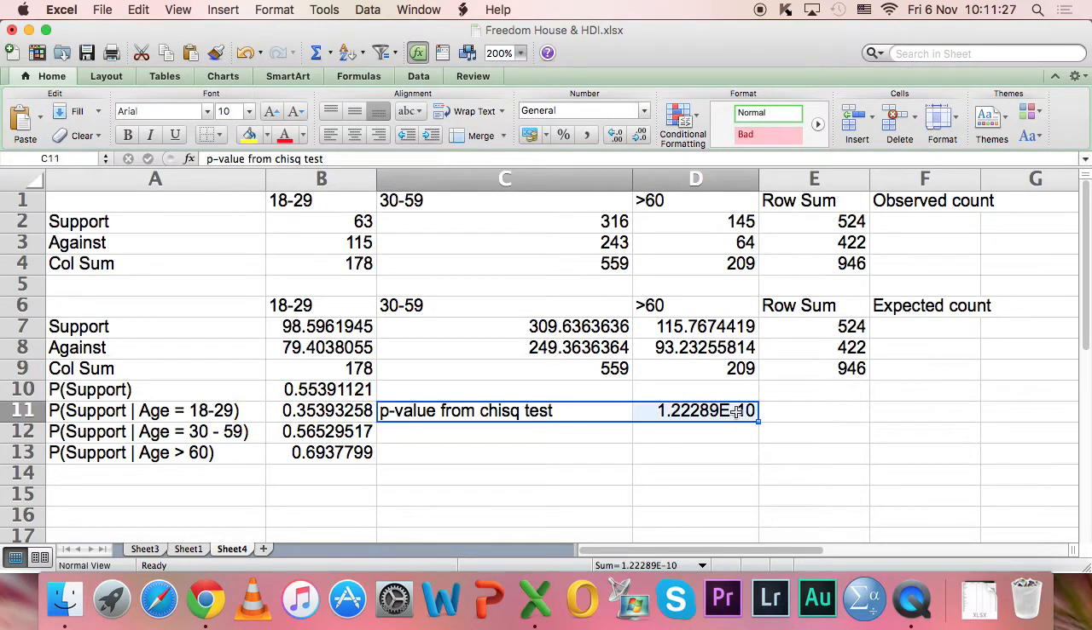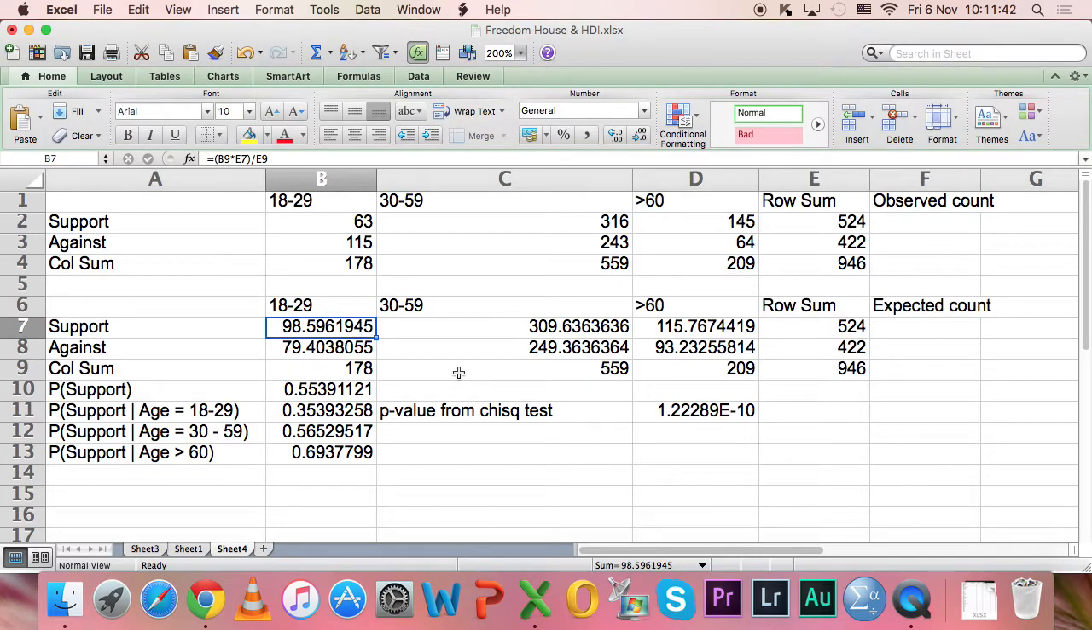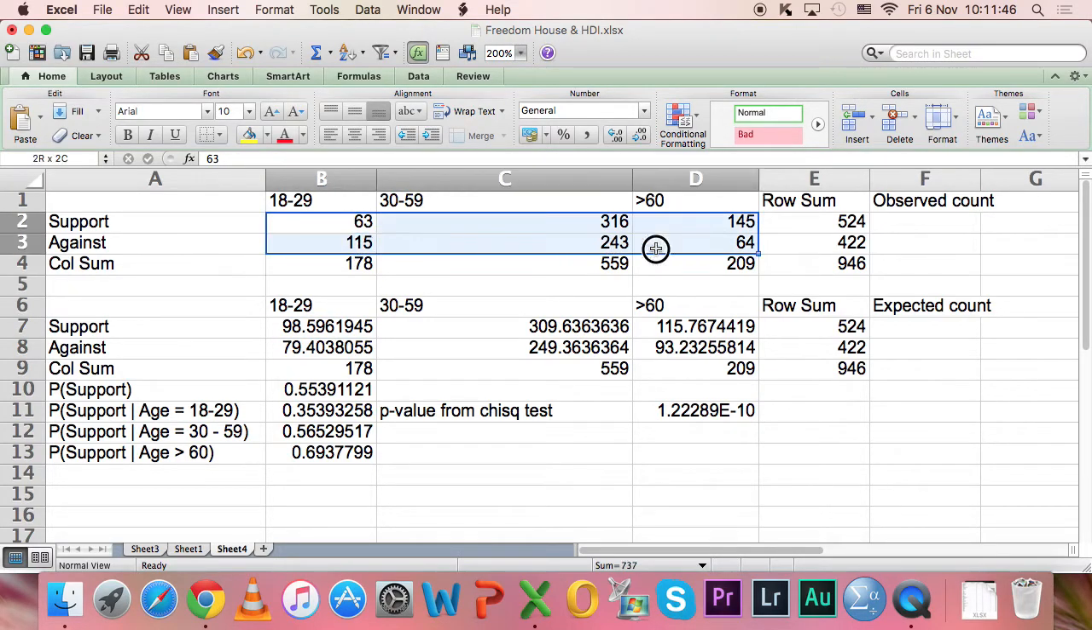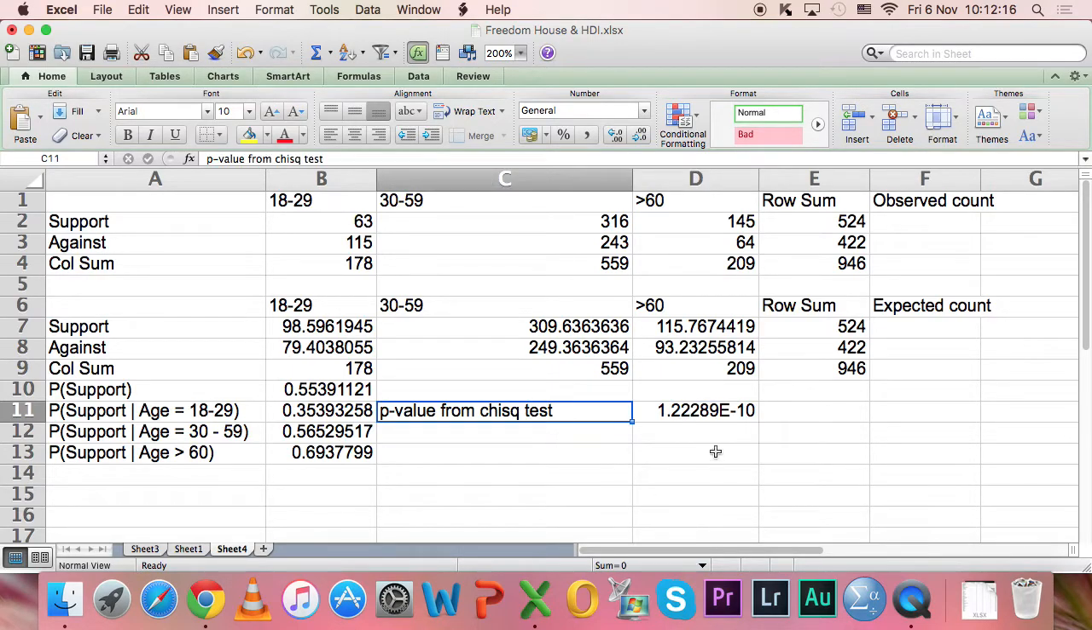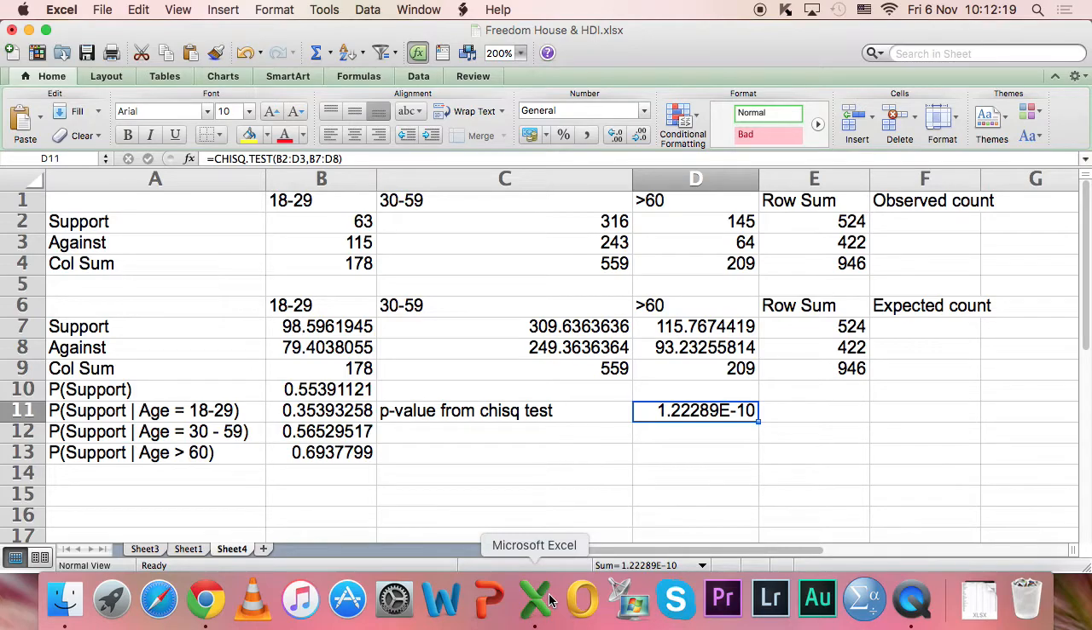Okay, how to interpret these p-values? The smaller the p-value, the more evidence we have from the sample data that the 2 events are not independent. Now, this p-value is extremely small, meaning very significant. The evidence is very strong, but we don't know